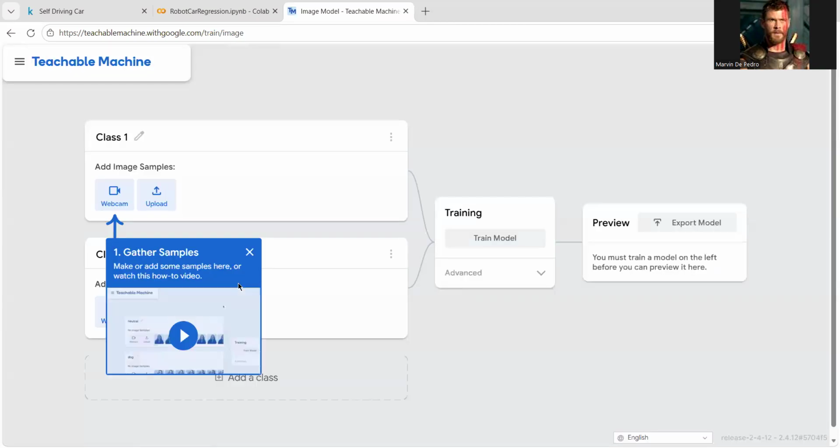As you can see, we have three steps. We gather data, we train the algorithm so that we can have our model, or maybe we can train again so we can improve our model, and then we can preview its prediction, how it determines or classifies the different objects we present.